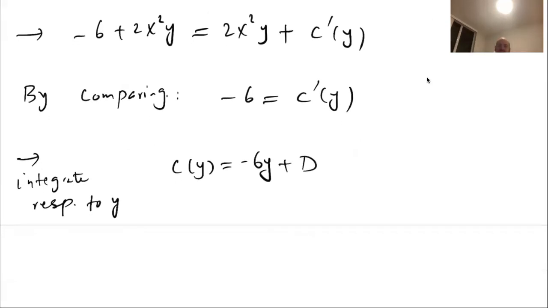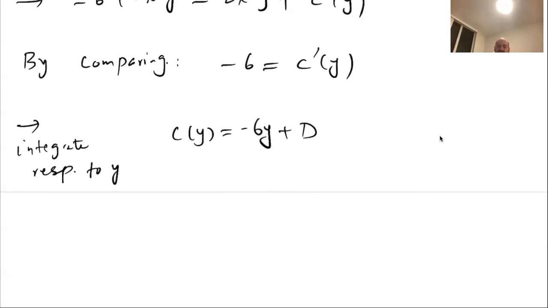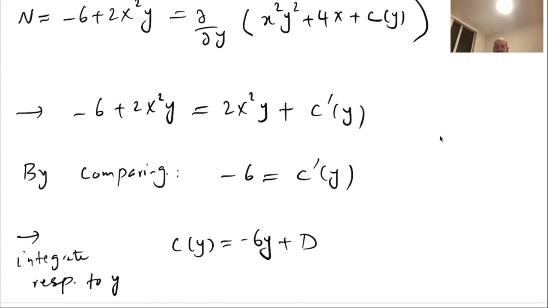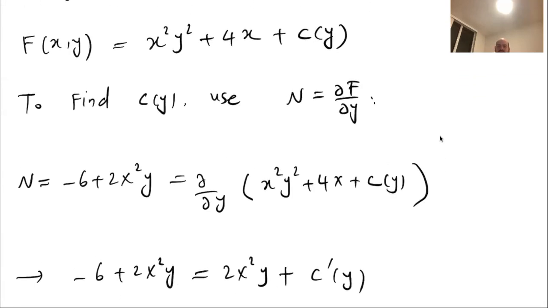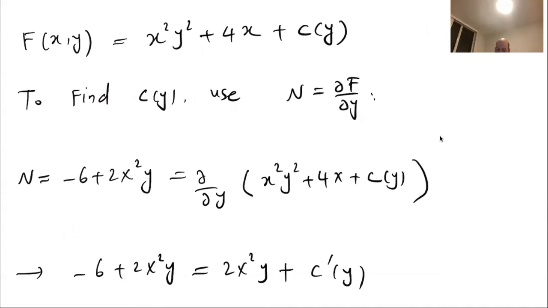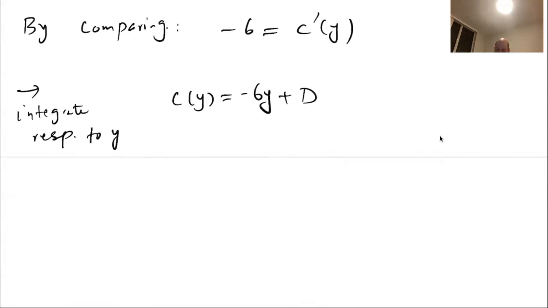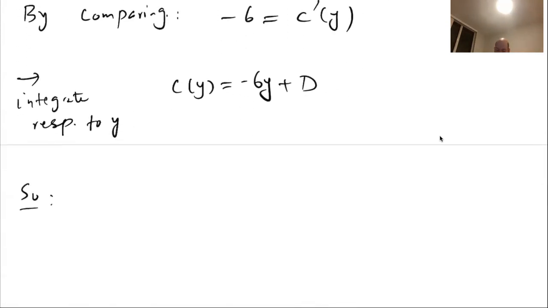If the derivative with respect to y is minus 6, the function must be minus 6y plus a constant. Now that we found c of y, if we substitute back, then we get the formula for capital F and for our solution. So the solution will be of the form